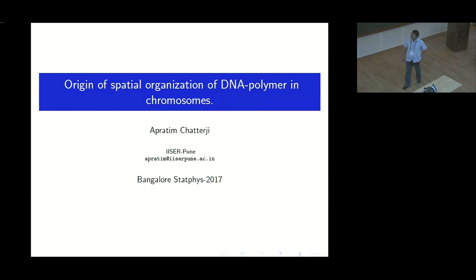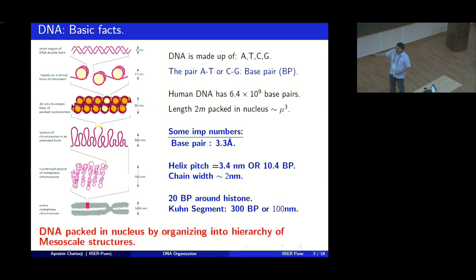I'll be talking about the spatial organization of the DNA polymer at large length scales. When I say large length scales, I actually mean micron length scales, much above the DNA helix. The DNA helix has a pitch of 3.4 nanometers, and the chain width is 2 nanometers. But I am talking about organization of the DNA polymer at a scale 1000 times bigger,